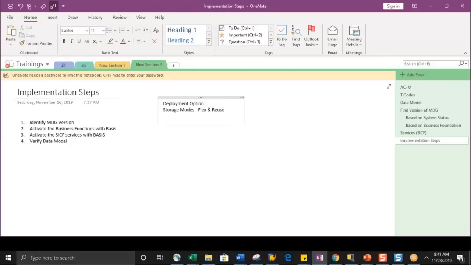Reuse and replicate. Reuse we do mostly for time constraint data like finance. And then how to identify the business functions that are available in the system. How to find out system versions based on business functions and